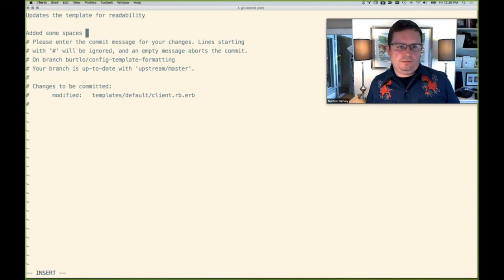The reason I tend to write a lot of good commit messages also, well, I have a trick later, but I try to think of what my pull request is going to sound like, right? So I start to sort of pre-compose my pull requests in these messages, and I think that's useful because community people, anyone's going to look at your code and they're going to want to know why you did it. So we added some spaces to make it clear when blocks start and